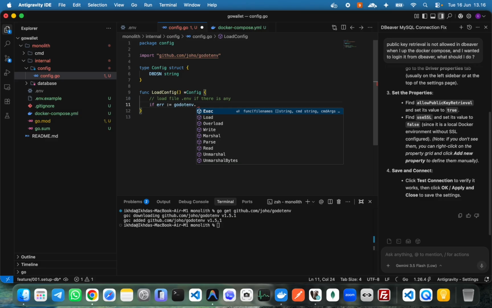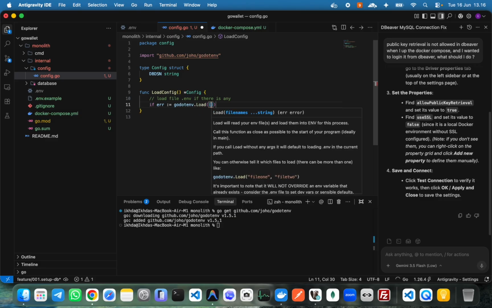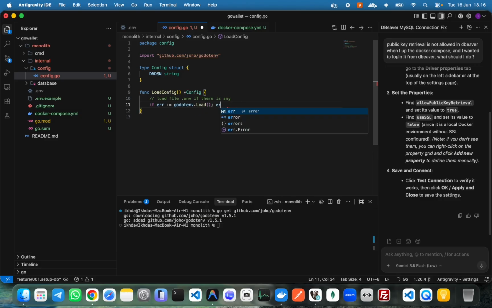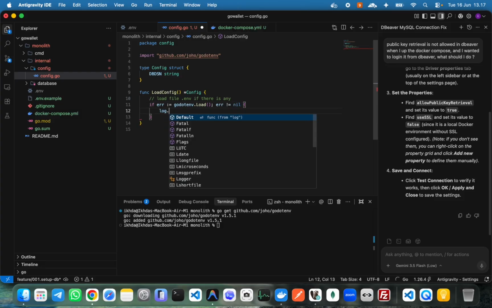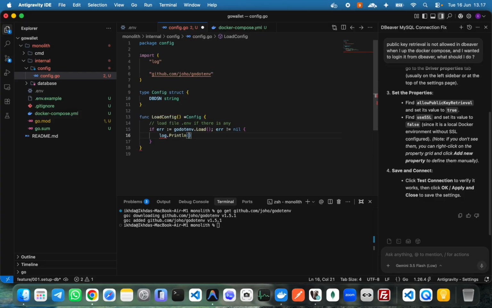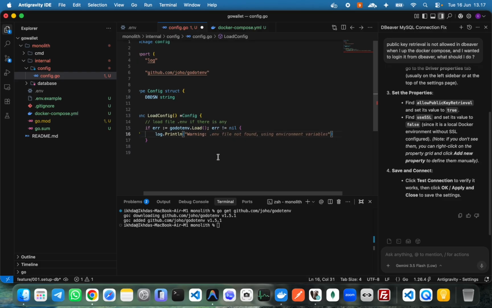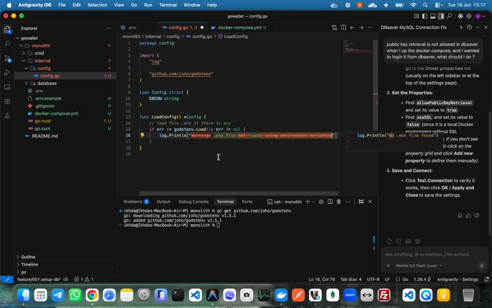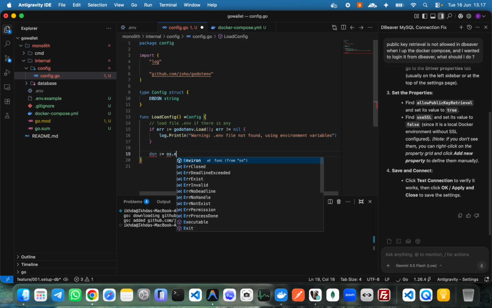And then we put load, and if error equals nil, we should log.Print a warning if the error is not nil, so the .env file not found, using system environment variables. This is okay, and we can use the dsn variable and os.Getenv